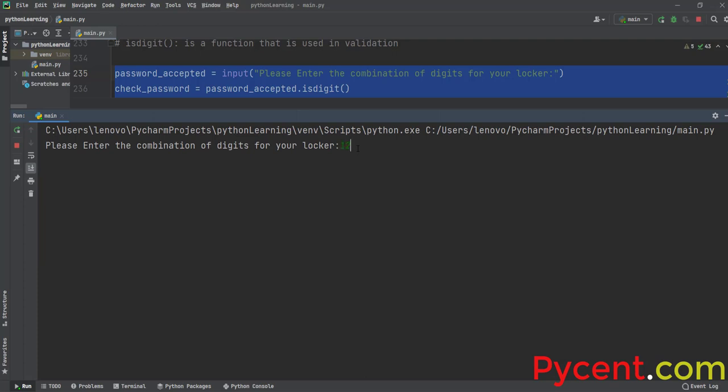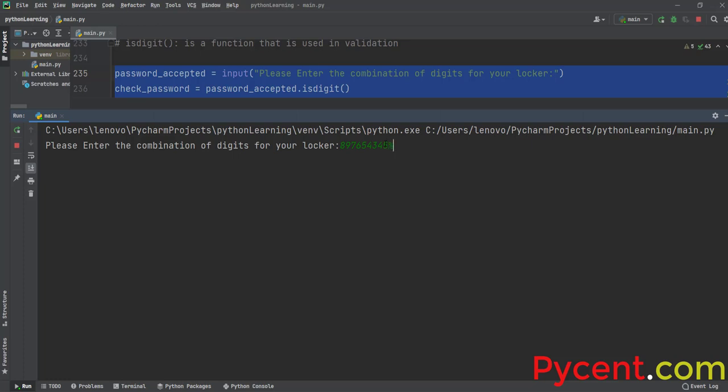Same, right? 1, 2, 3, 4. So it says true. So let me just run it one more time. I'm running it one more time. I'm just going to give 6, 7, 5, 4, 9, 8, or 83. So it's true. Wonderful. Now what I will do is I will run it one more time and I will give him like